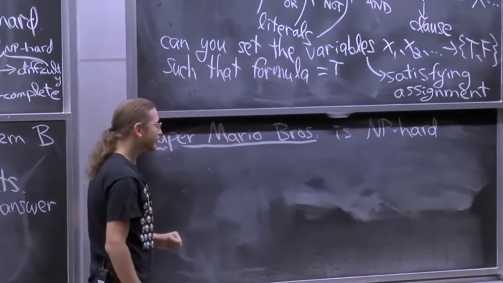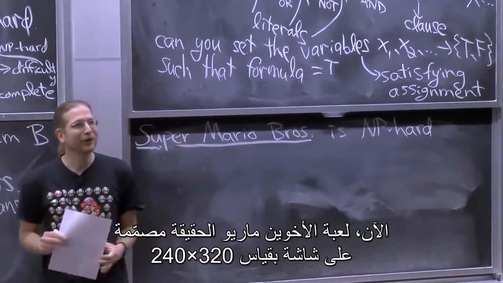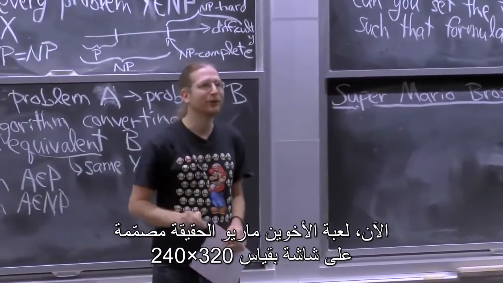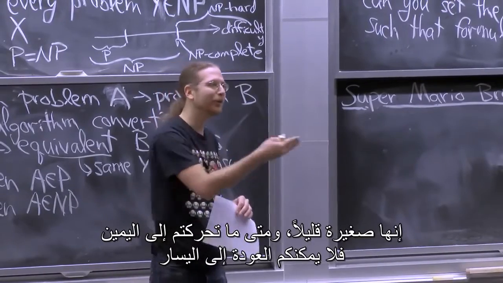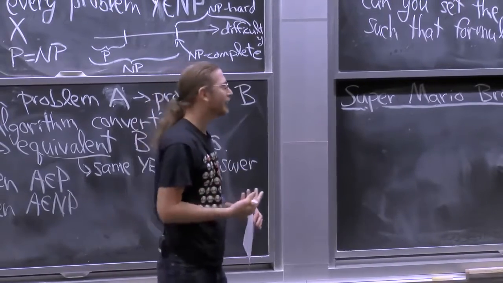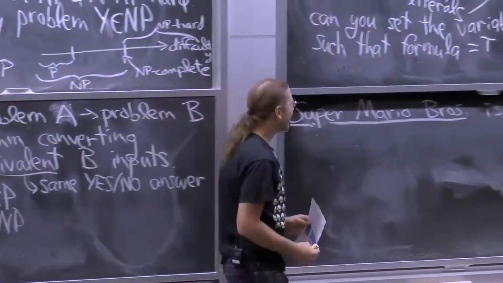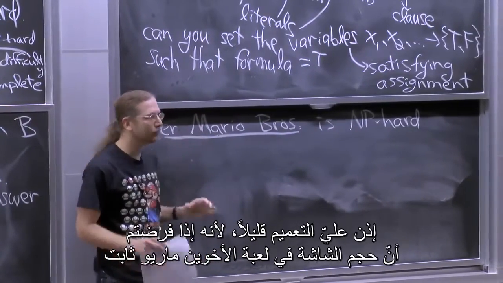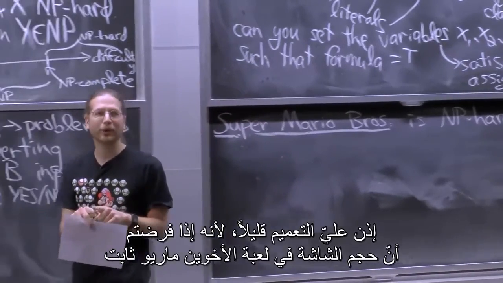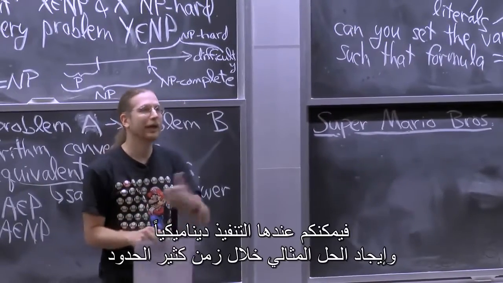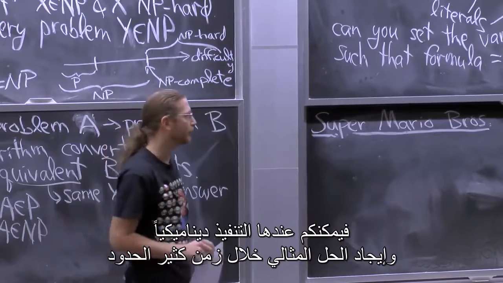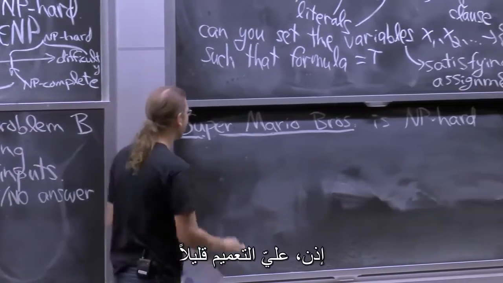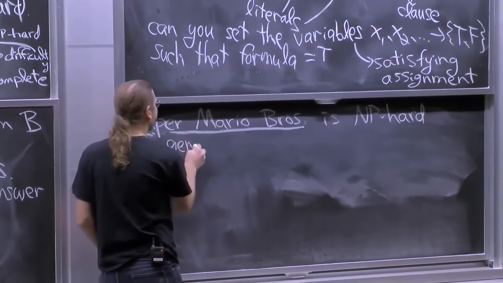Now the real Super Mario Brothers is on a 320 by 240 screen. It's a little bit small. Once you go right, you can't go back left, except in the maze levels. Anyway, I need to generalize a little bit, because if you assume that the screen size of Super Mario Brothers is constant, in fact, you can dynamic program your way through and find the optimal solution in polynomial time. So I need to generalize a little bit